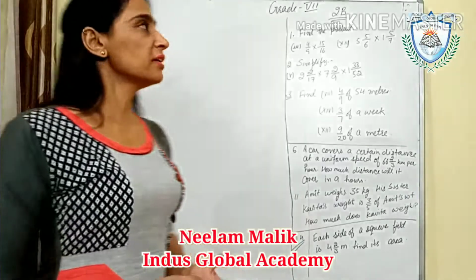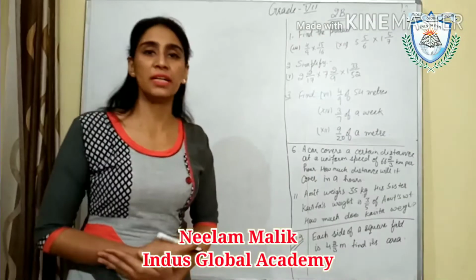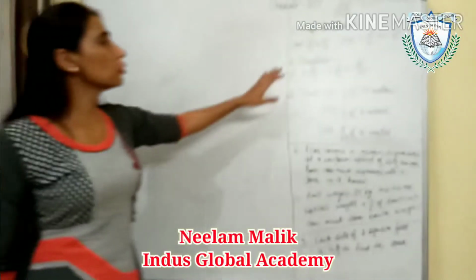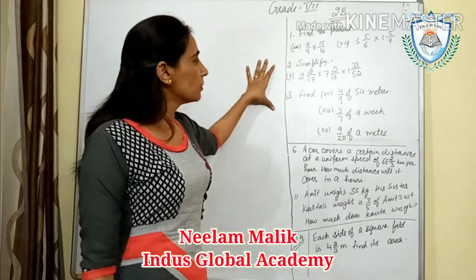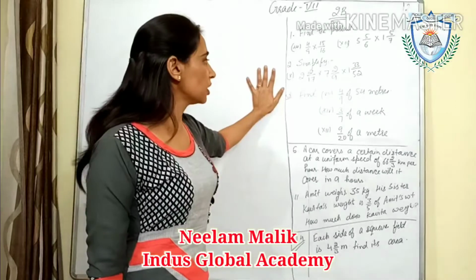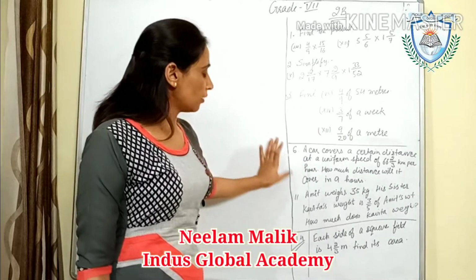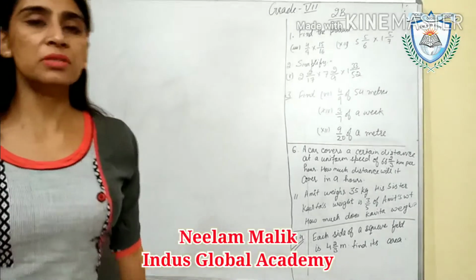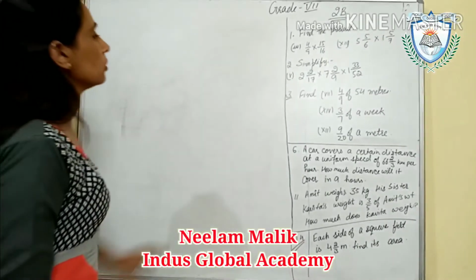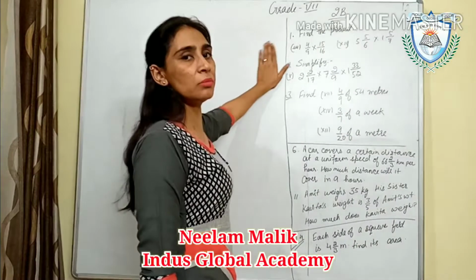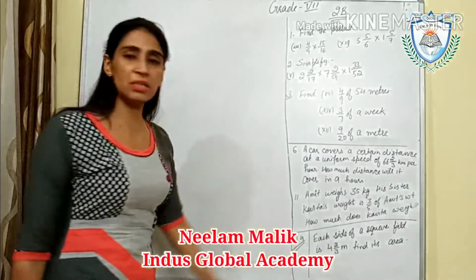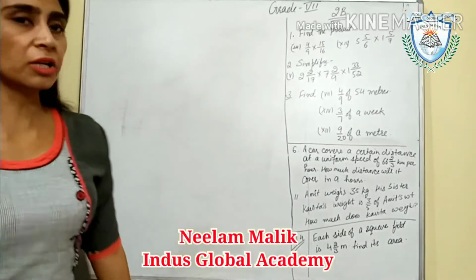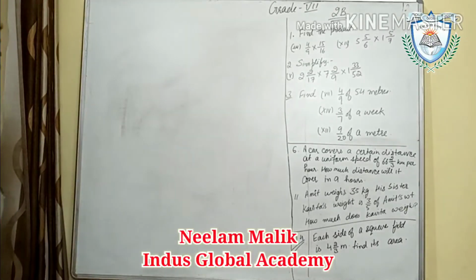Today we will start our next exercise of our second chapter, 2b. Here some questions are given, where we have to do multiplication, simplification, and after that some word problems. First we will solve the simple problems, multiplying the given numbers, and then we will discuss some word problems. Okay, so question number 1, what is that?